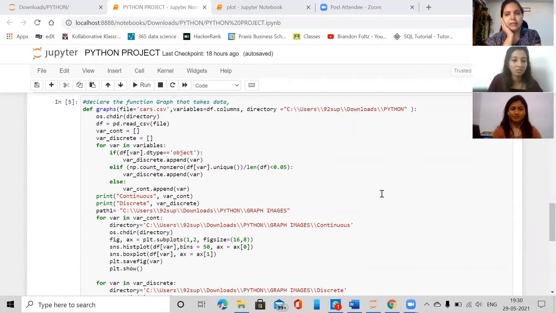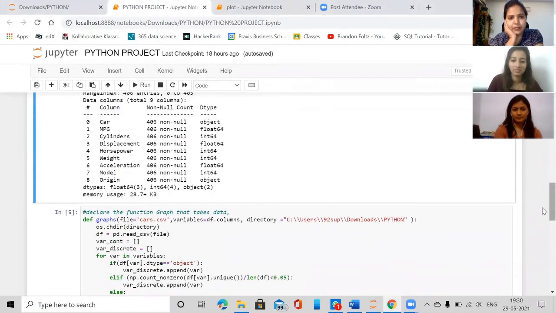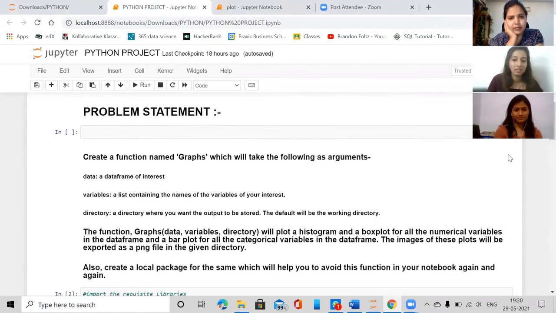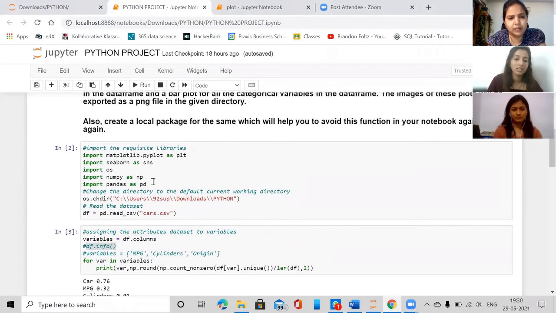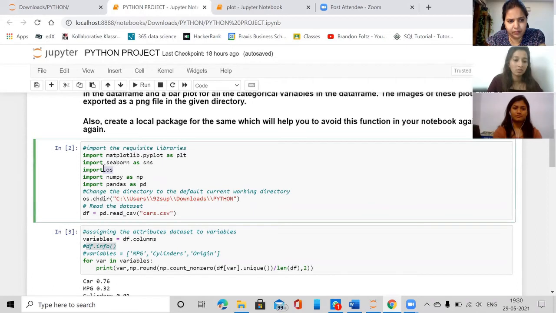So here, this is the code that we had worked on at the start. Let me take you through the code one by one. Okay. So we had worked on a similar problem statement to the one you were mentioning. The first step we did was importing some libraries which were needed to execute the code. We first change the directory to the current working directory using the package import os over here. And then we read the dataset with the pandas package with the command pd.read_csv. This will store the whole dataset in a variable called df, as you can see. So now the df variable has the whole cars dataset.